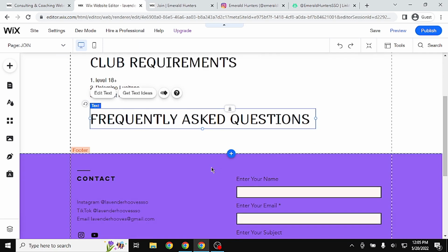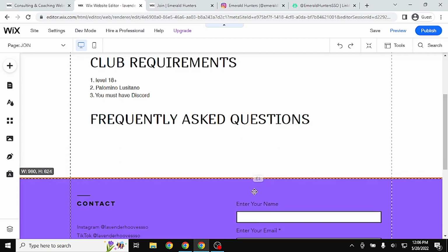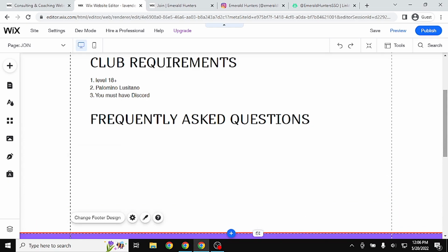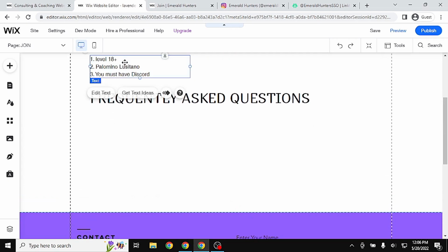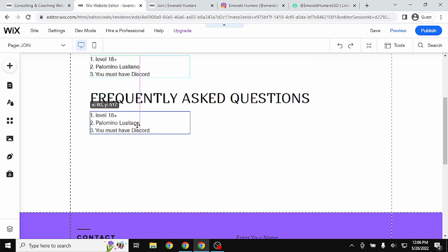bigger. So the way that you do that is I like clicking down here on this purple part, actually right there, so that way this doesn't get in the way. And then you're going to click this, adjust page height. And there you go, you've just expanded your page. So in terms of frequently asked questions, you can go ahead and copy and paste that text box down here